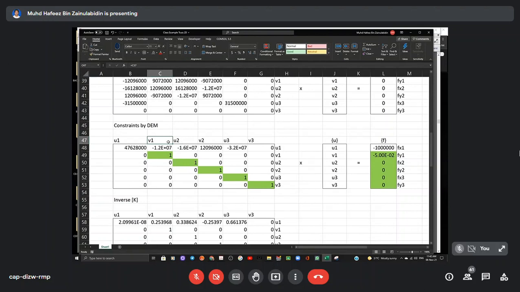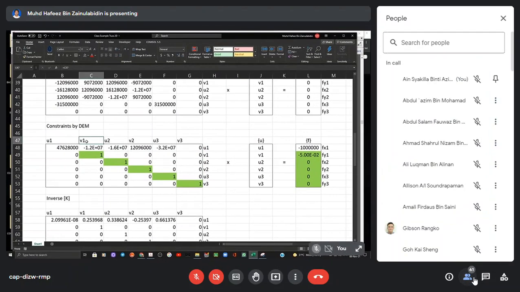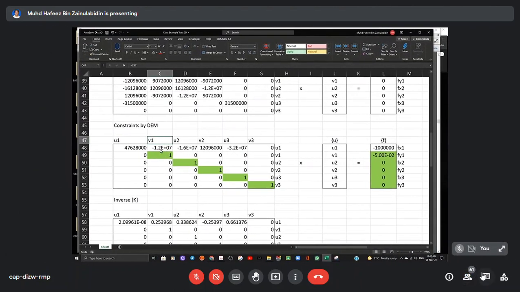This is why I put the label, so that we can see clearly where we want to put the constraint, which cell corresponds to which node. For V1, node 1 vertical motion, so we put 1 there,